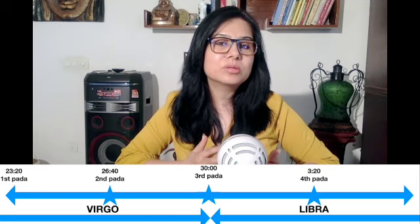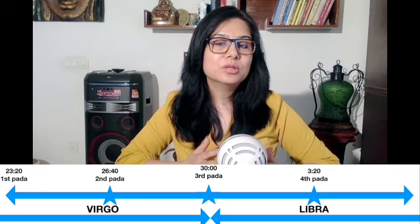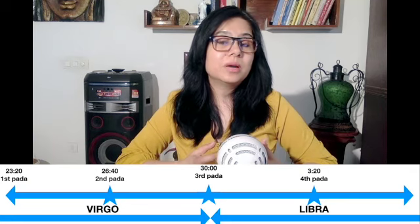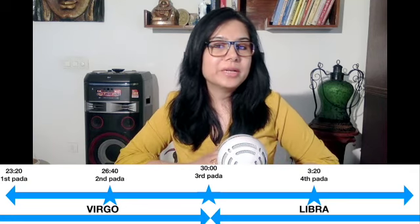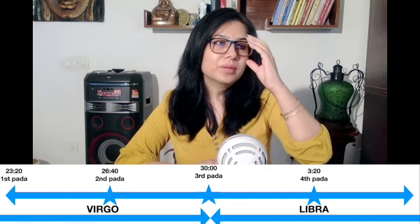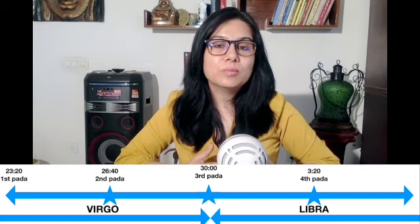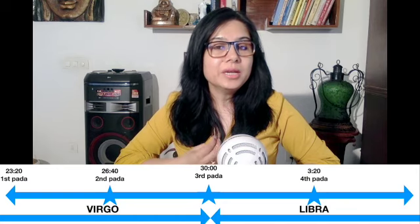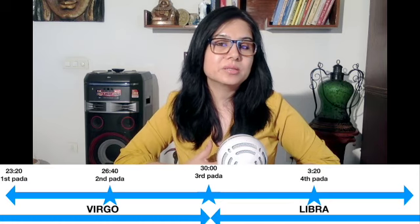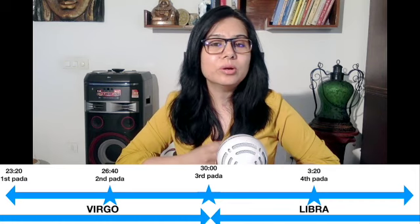Any art also, if they are an artist, what inspires them is deep, dark emotions maybe. If they are writing poetry, the poetry could be about strong emotions, very deep emotions. So the 8th house effect, the effect of Scorpio, the stubborn emotional side is going to be very prominent in this nakshatra. So a stubbornness will be there, a determination will be there, a lot of strength can be seen,